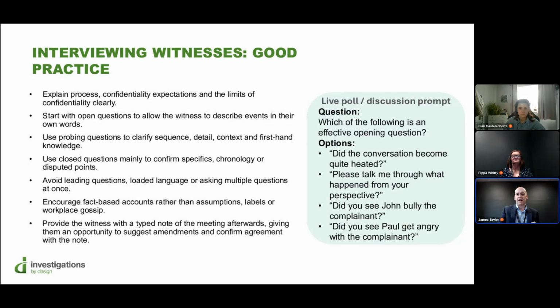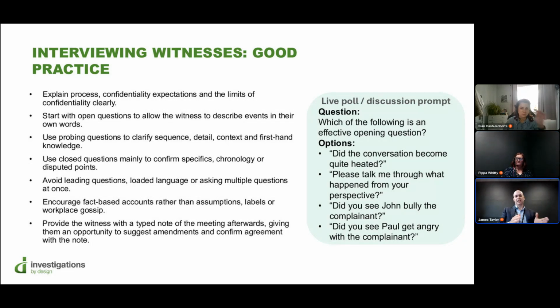One example, and a good summary way to do it, is to say, in summary, you have said that, and then play back what they've told you and say, is that correct? You'd be surprised how often you may not have got the nuance of what they've said, or they may have gone further or not far enough. So playback questions are really useful.